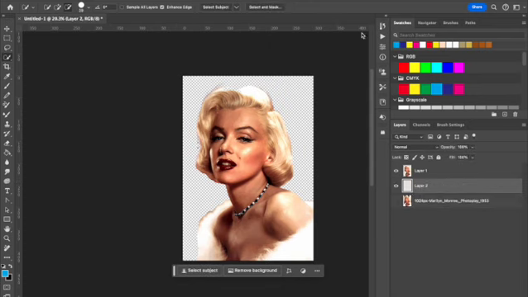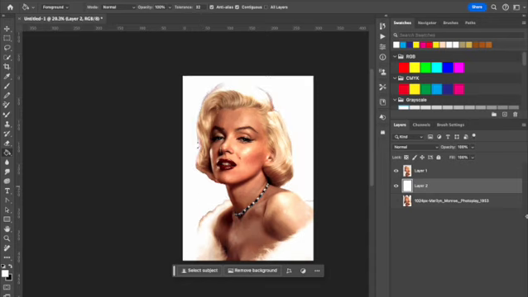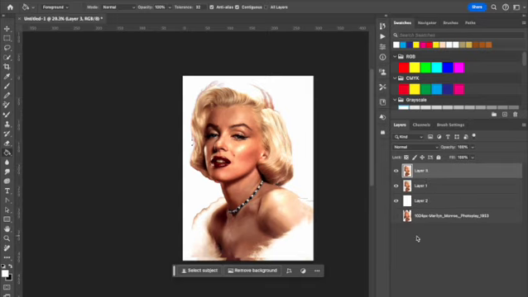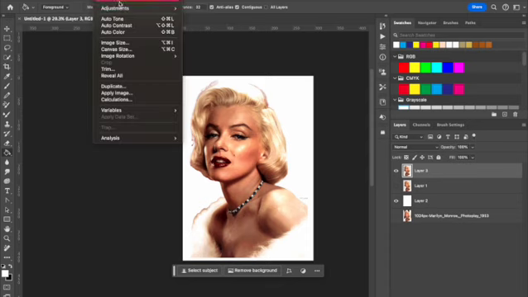I'm also now going to just add a white background just to give me something to work from. I will just change this eventually to a colour. Now I'm going to duplicate this, so I've got two versions of it. One of them I can turn off for the time being, and then I'm just going to go to Image,